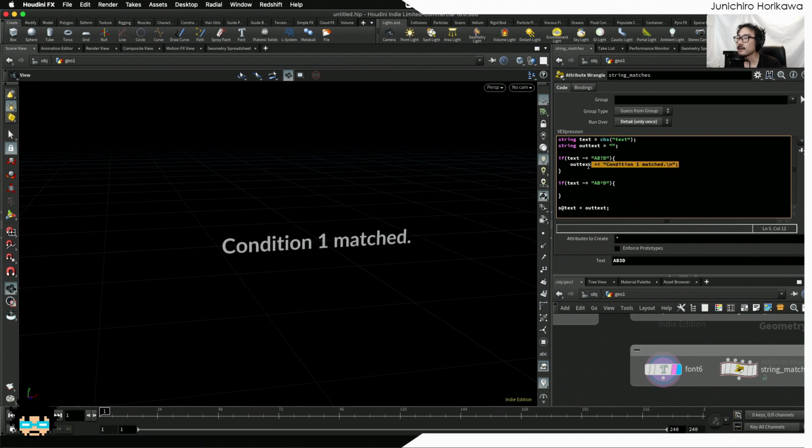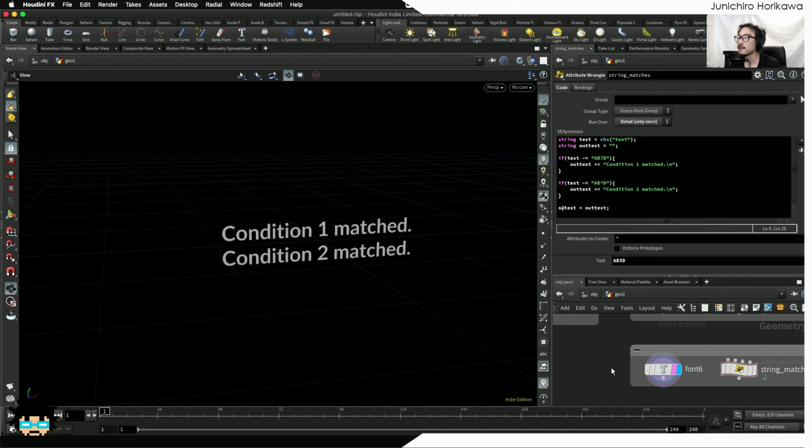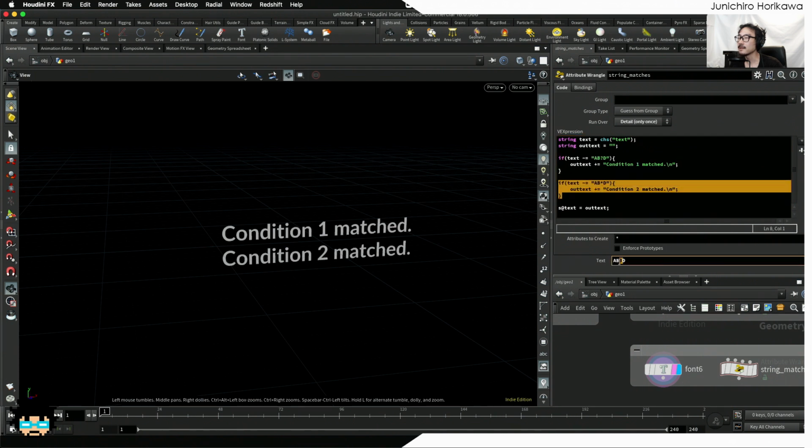And let's copy this text to determine if the condition has been met, and I'm going to rename this to condition 2. Okay, now as I said, the asterisk can accept any length of string in between A, B, and D. So currently I have a 1 length character which is working on the first condition as well as the second condition. Now if I change this in between value between the A, B, and D to some strings that have more than 1 character,